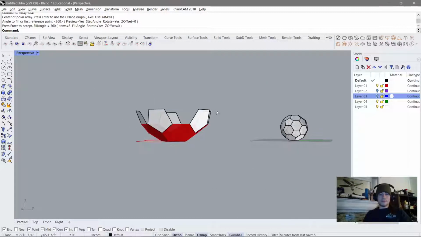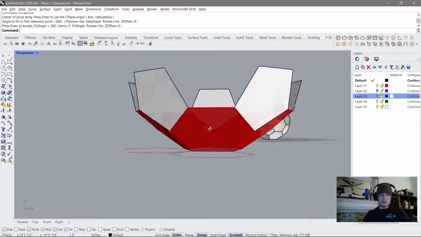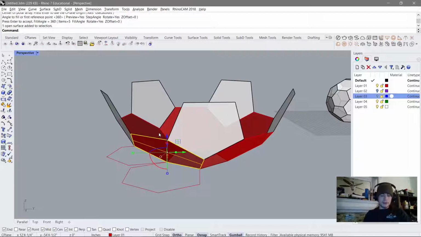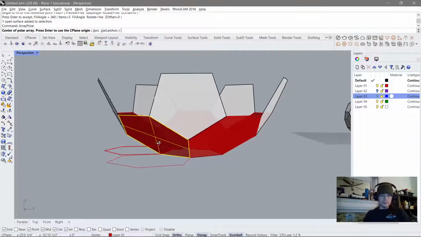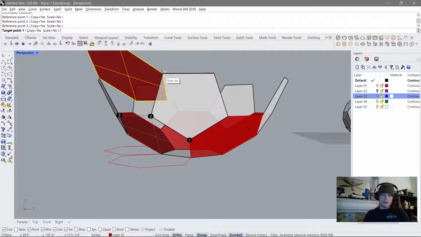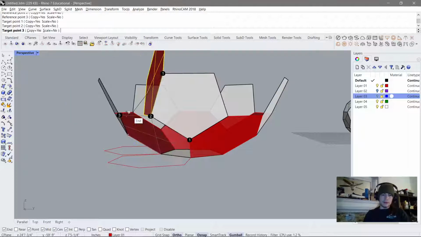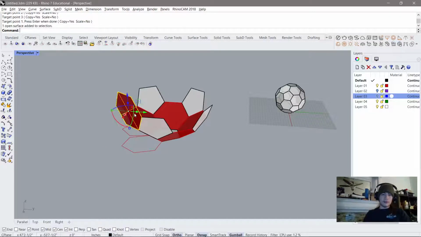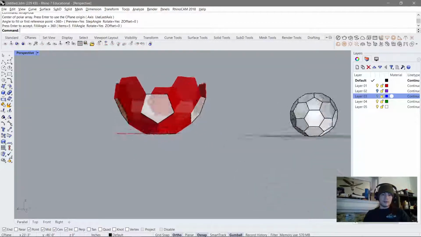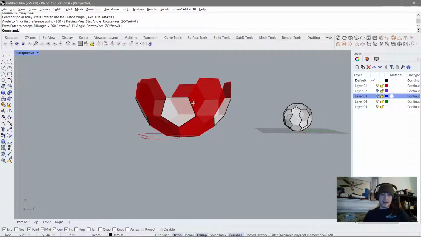I got that now. And now I want one of these to come up into this space. So I'll do, sorry, not an array polar, an orient 3-point from here and here and here, and I'm going to select where I want those points to go. That's 1, this is 2, that's 3. Great. Now I can do another array polar with that object around that center point 5 times. Great. Now we have this, which is half of our